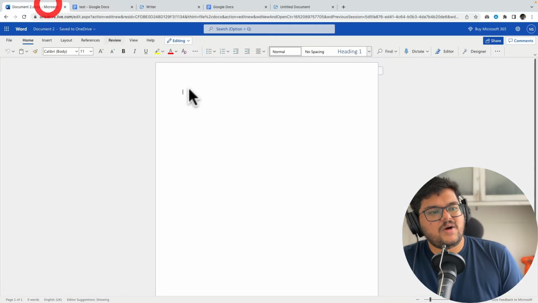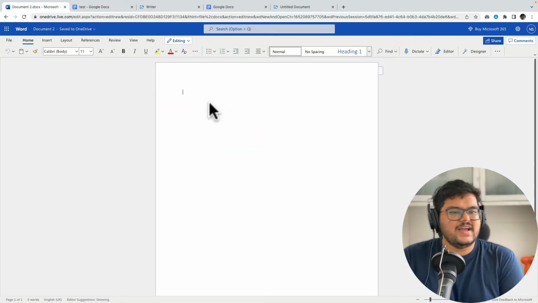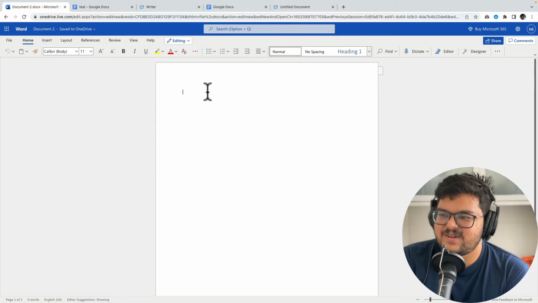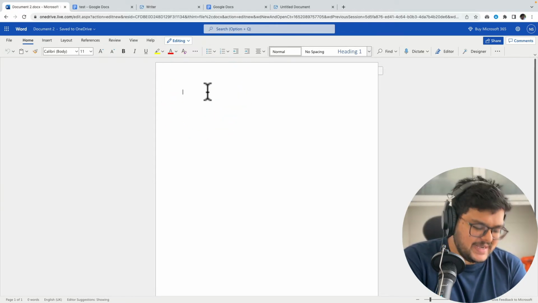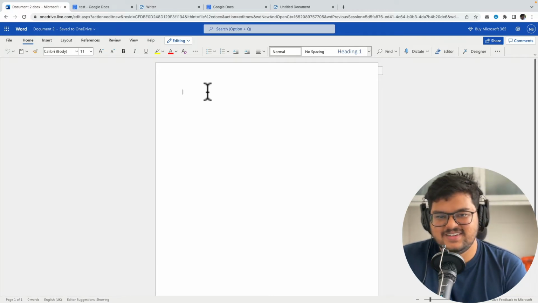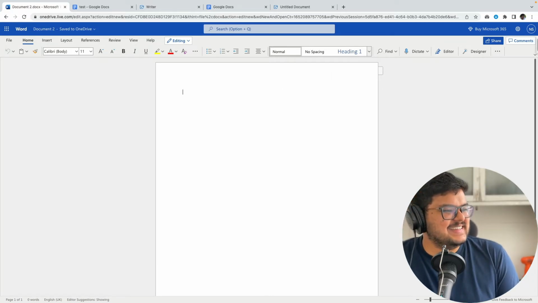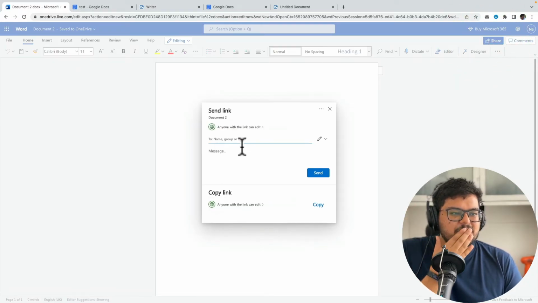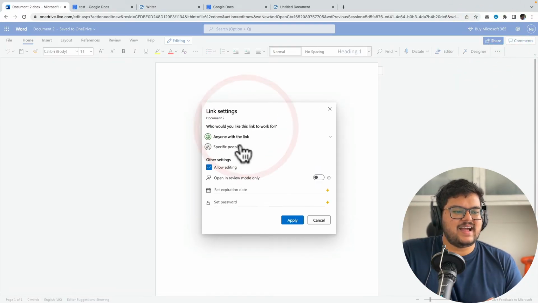Now let's talk about Word. Word has also tried to add a lot of collaboration features, and it does work, but it's a bit weird. And I know I'm not making a lot of sense here, but for whatever reason,